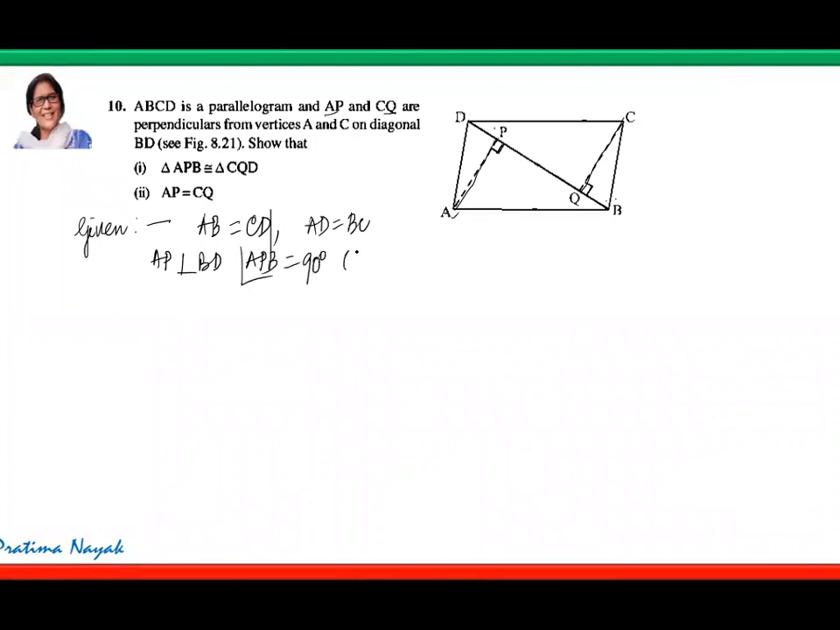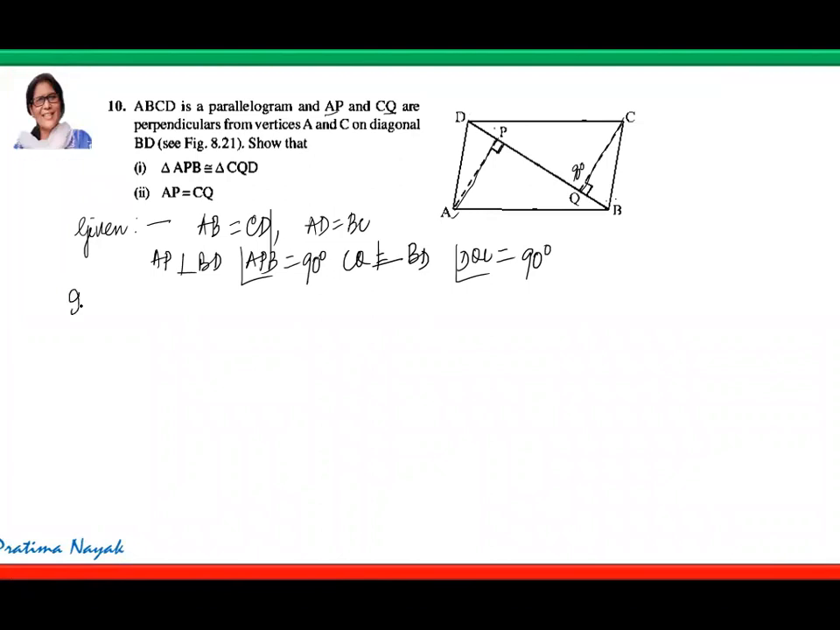Similarly, CQ is perpendicular to BD. That means this is also 90 degrees, because I need triangle CQD. So I'll mention angle DQC is equal to 90 degrees. Next, I'll come to